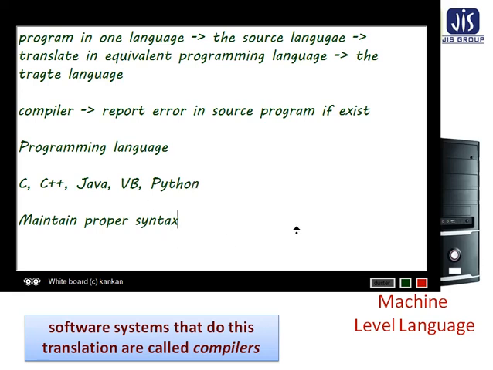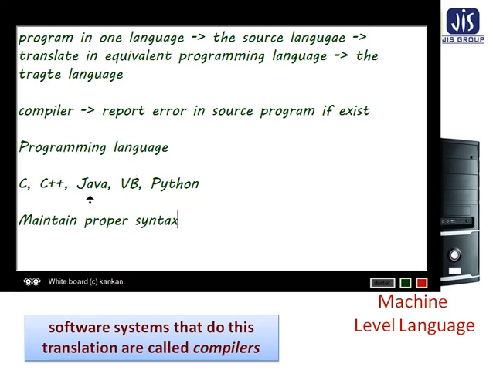Proper syntax means the instruction that is given to the corresponding language. There may be different procedures for writing statements in C, C++, Java, VB, Python. They have a specific type of syntax for writing the statement or expression that will give you the result depending on the input.